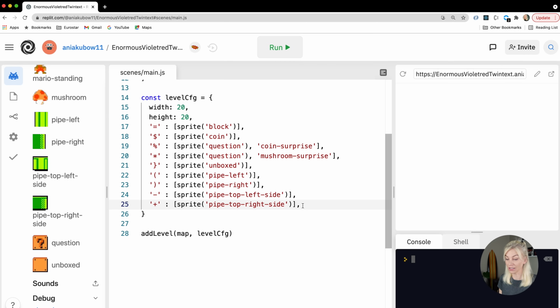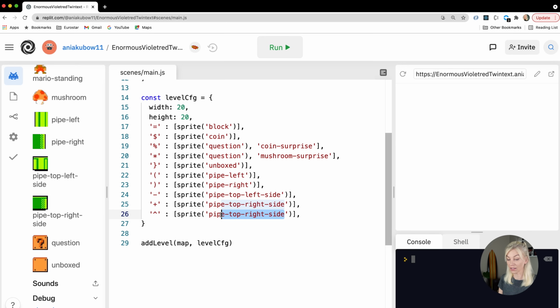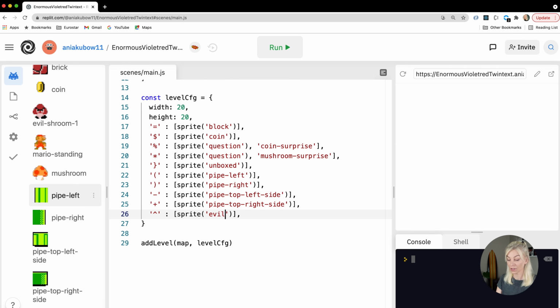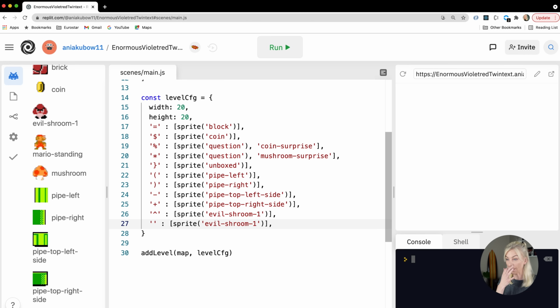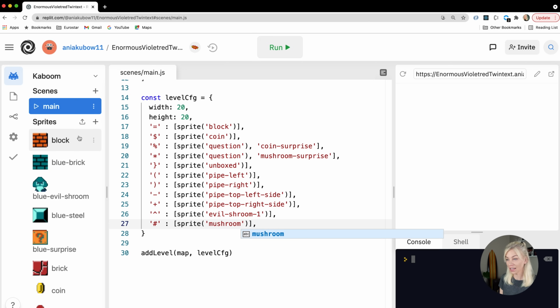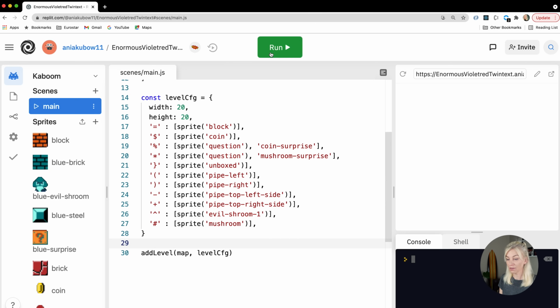We also want to have an evil shroom. So once again, I'm just going to copy that. And then we have the little hats as the shrooms. So I'm just going to say this is an evil shroom. I have the number 1 in there. We don't have another one for now. So I just have to make sure that I've spelt it exactly the same. So we've got our evil shroom. The next thing I want to add is stuff that we don't actually have yet. So I'm just going to say that this is going to be a mushroom. We have a bunch of blue things for the next level, but I think I'm going to leave them for now. So if I run this now,